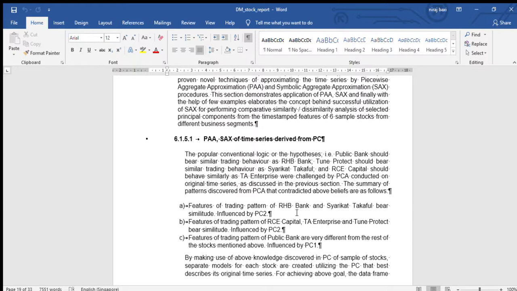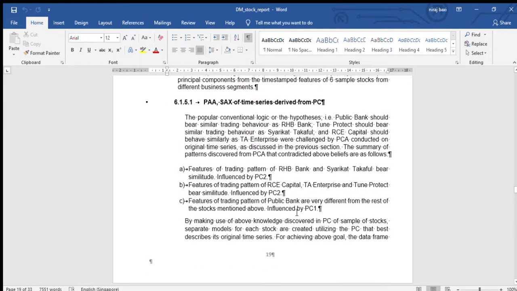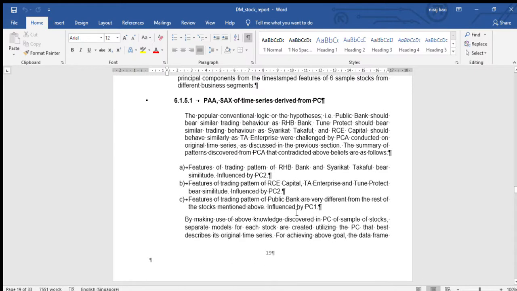So we need some kind of concrete evidence to show that those principal components also behave similarly, or in the same way, as the original time series attributes would behave. So we are going to make use of the principal components, which will become our pseudo timestamp values or synthetic timestamp values, to recreate the time series which we originally crawled from the websites. And then, once we get those time series, we are going to try to put them back